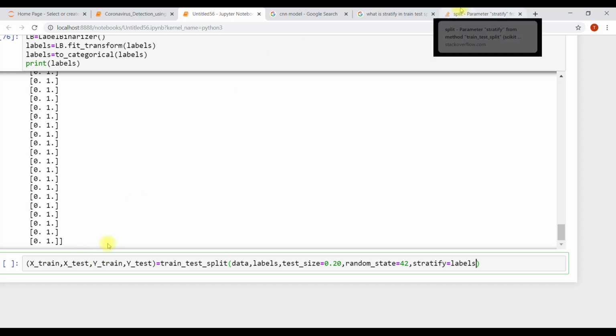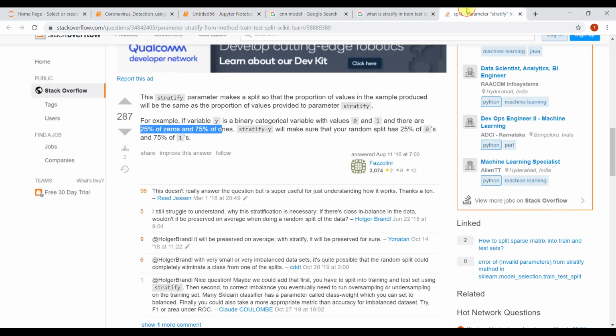Even if we have 0 and 100%, in the training and testing, it should be in the same proportion. That's all, just try to understand. This is just a basic logical thing.